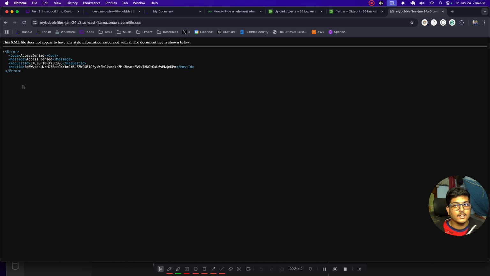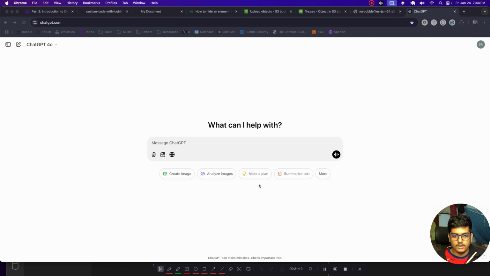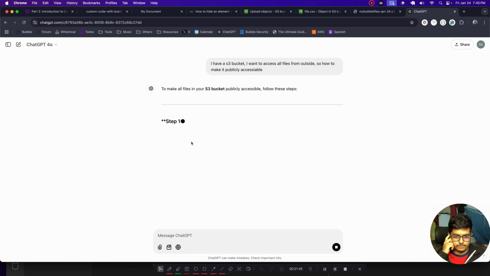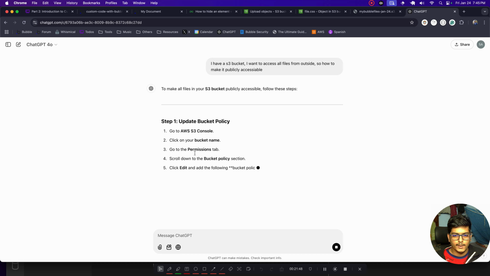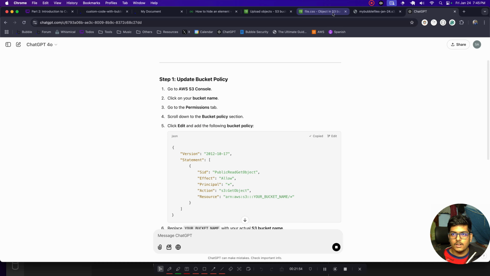So let's ask ChatGPT. So here I am in ChatGPT. Sorry for that. I am here in ChatGPT. So let me write: I have an S3 bucket, I want to access all files from outside. So how to make it publicly accessible. So we have to add a bucket policy. So let's just copy it and just go to the